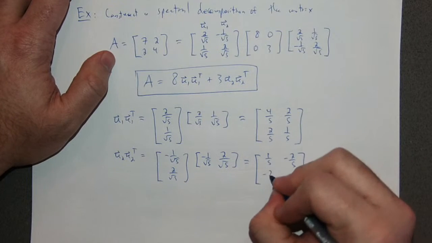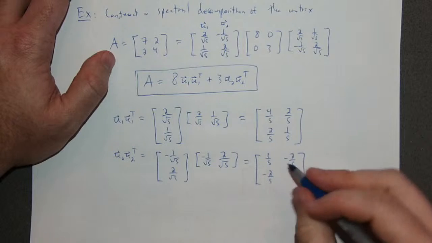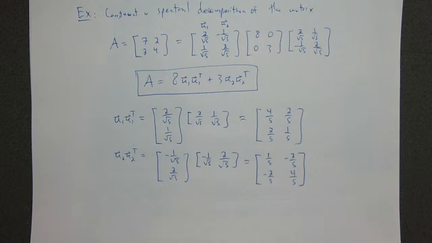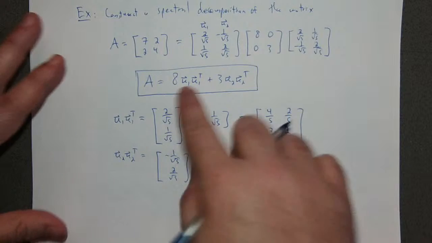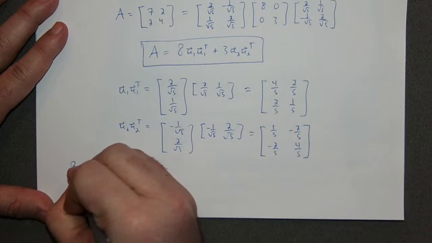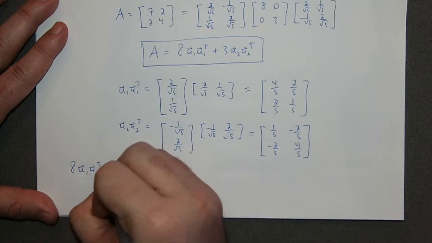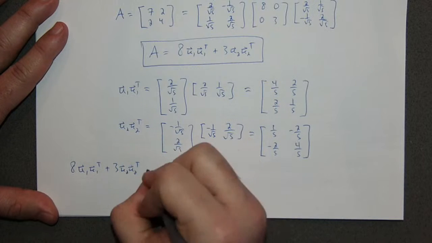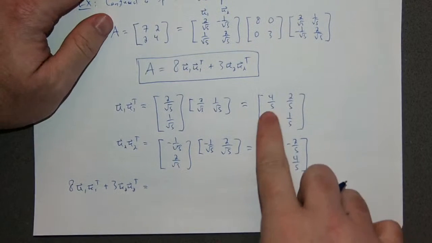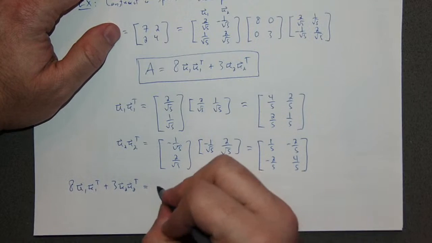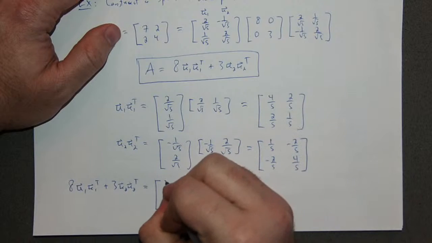Minus 2/5 and 4/5, right? Okay. So then if I did 8 U1 transpose plus 3 U2 transpose, what do I get? So it's 8 times this plus 3 times that. So as a 2 by 2, this would be